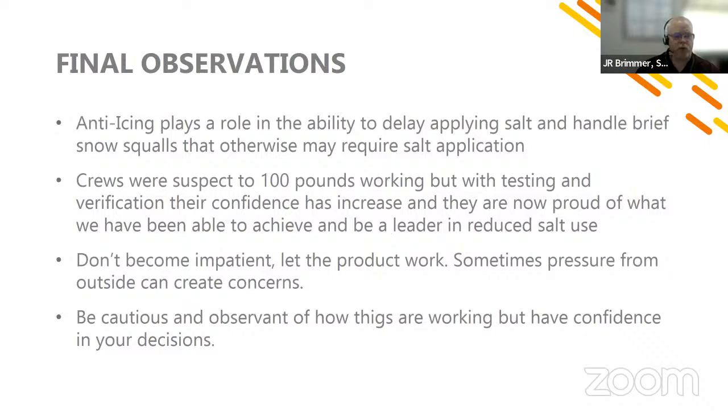And there's a lot of talk with the new types of pug mills to grind it, going to all liquids. We're researching and looking at whether an all-liquid application is something to pursue. It would involve a lot of things, but for the final observations: anti-icing, we strongly believe, does play a large role in getting out there and handling those small events, which in the long run helps reduce how much salt you will have to use